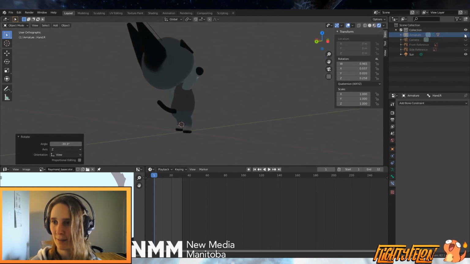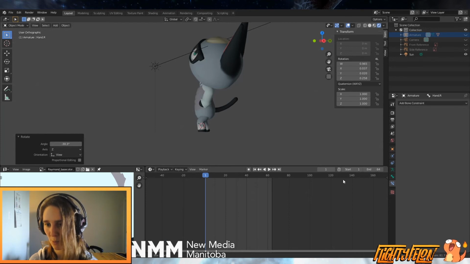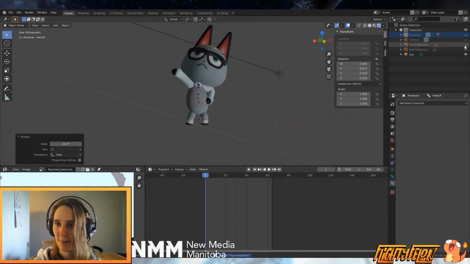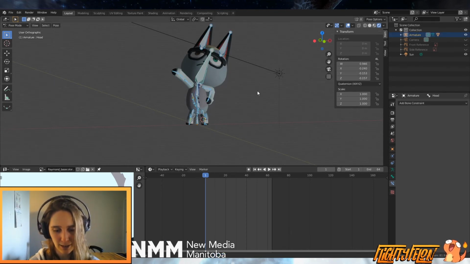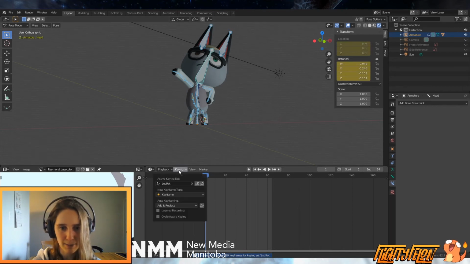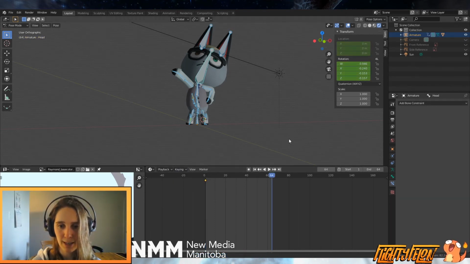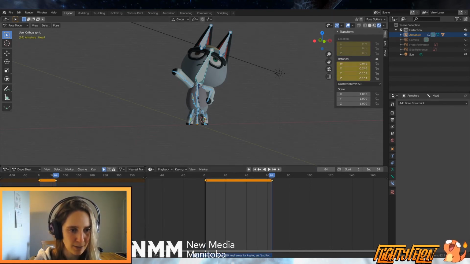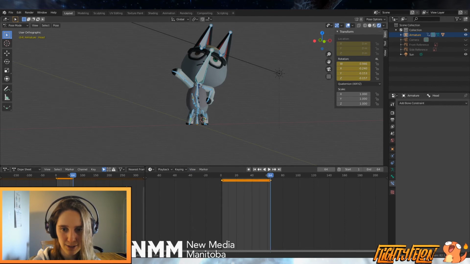I'm going to have him coil his tail in the middle of the animation. And let's give him 64 frames with which to start his stuff. Okay, so let's grab all these bones, and with the keying set to location and rotation, I've set a keyframe here, and I shall now set a keyframe there. And I'll open up the dope sheet, which is where I keep track of all my little nodes, and I can also make sure that I can view all keyframes on all channels, so that I don't only